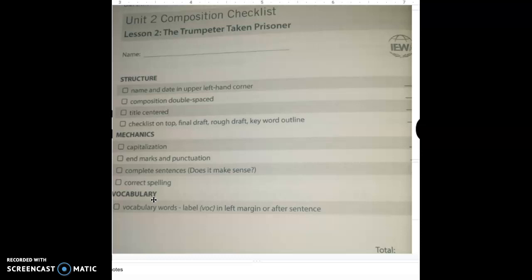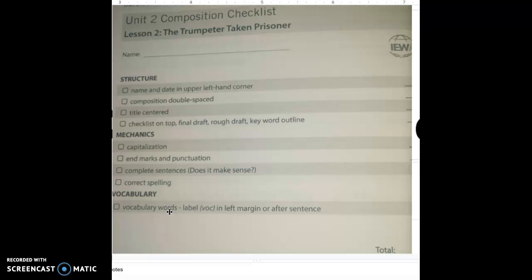One thing you'll notice in my course on the ones that I have redone is that it does not have this line item right here, because we are not going to always be turning in the whole shebang for every single lesson. You are welcome, if you are new to IEW, to use this from the theme book. It's very, very similar, but just know that this is not something that I require. And then the only other change on the new checklists for new families is that for vocabulary words, I say that they need to use 2 or more vocabulary words every time. So just know that if you're using the checklist from the book, you need to hold your student accountable to be using 2 or more